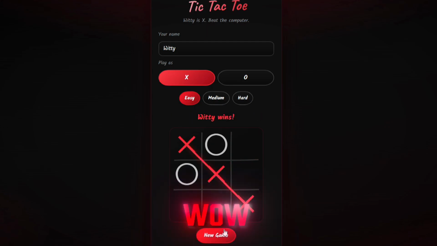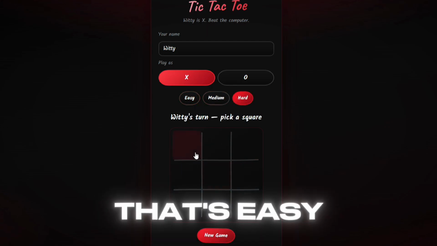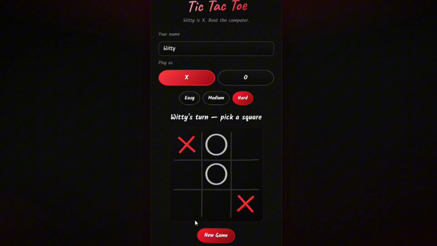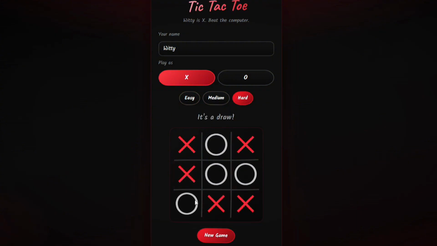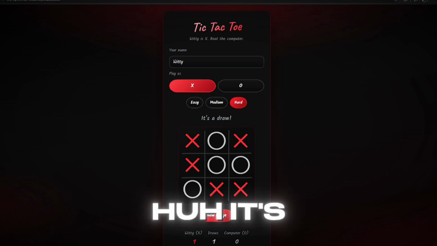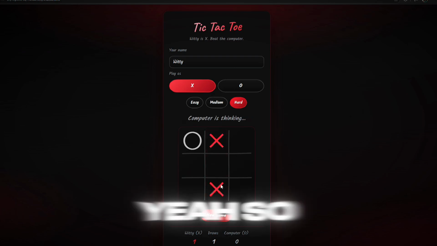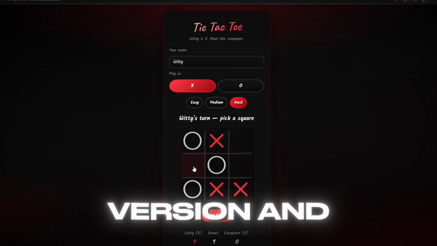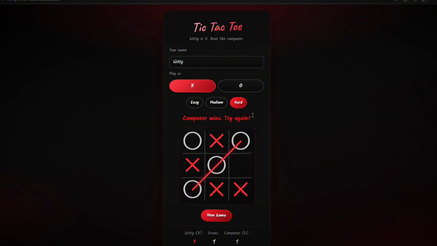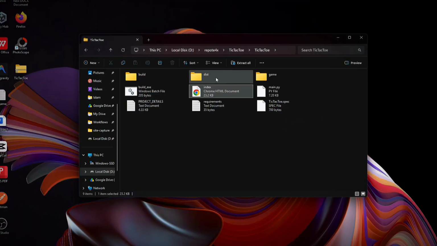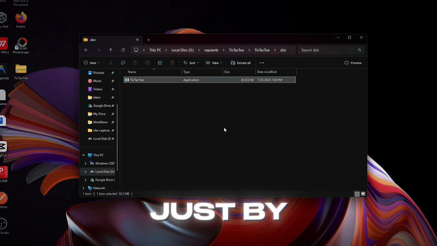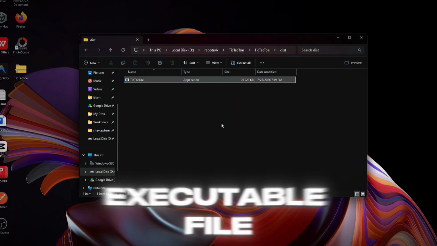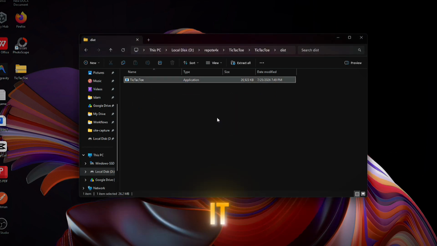Let's see. Wow! Oh, that's easy. I mean, it's supposed to be easy. That's a draw. Anyway, yeah, so this is the web version. And then you can open the PC version just by opening the executable file, which is already